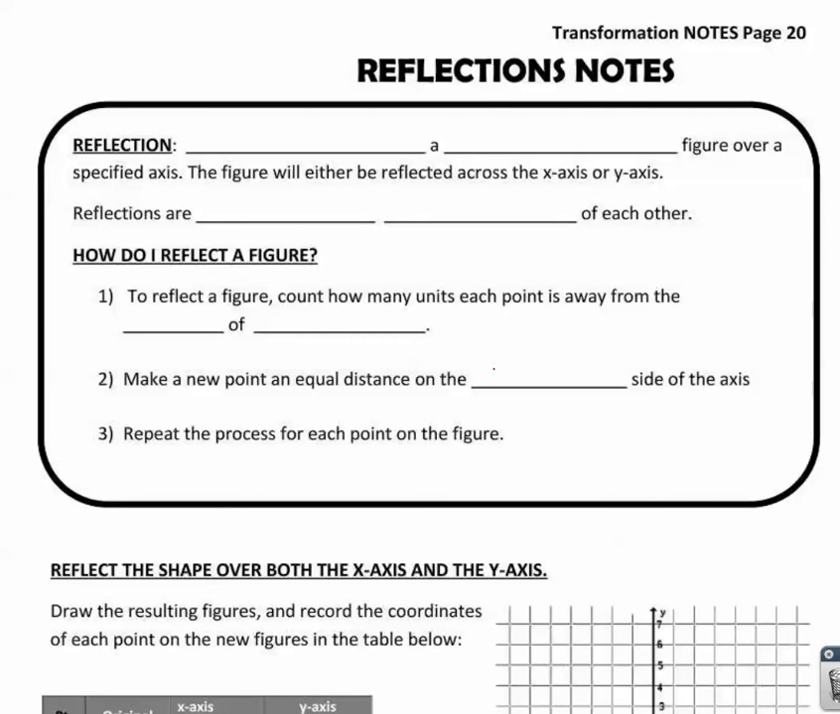Today we're going to be talking about reflections and dilations. A reflection is flipping a geometric figure over a specific axis. The figure will either be reflected across the x or y axes. Reflections are a mirror image